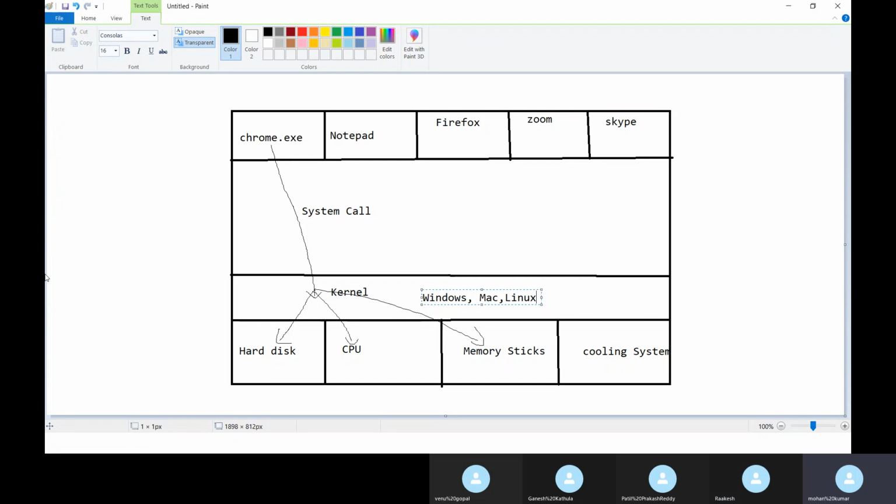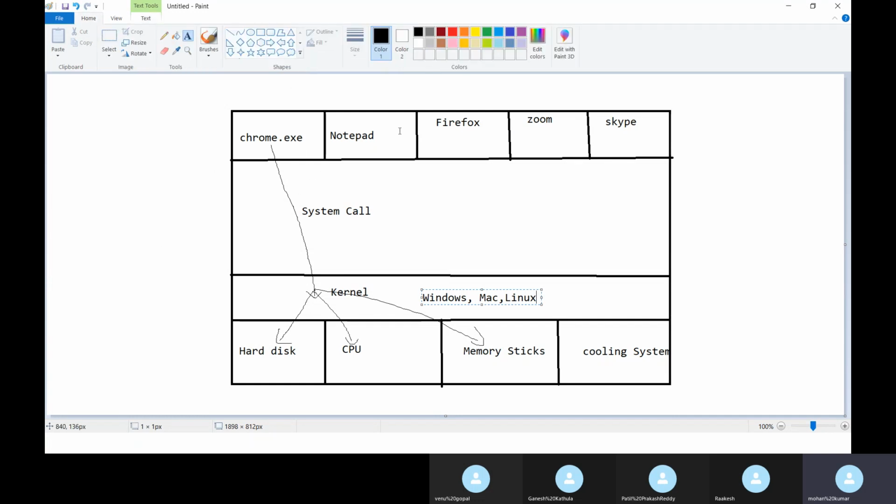Now, what this basically does is, let's say these two have some dependencies to work. Chrome has a dependency to work on, and Firefox also has a dependency. So this is the Chrome and this is the Firefox that is available, right?